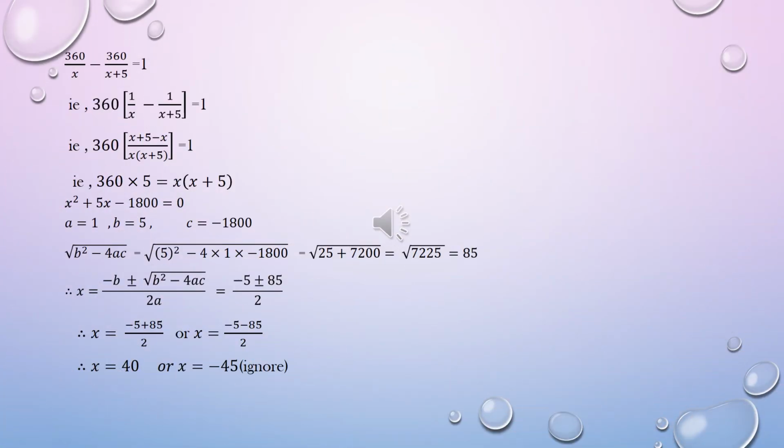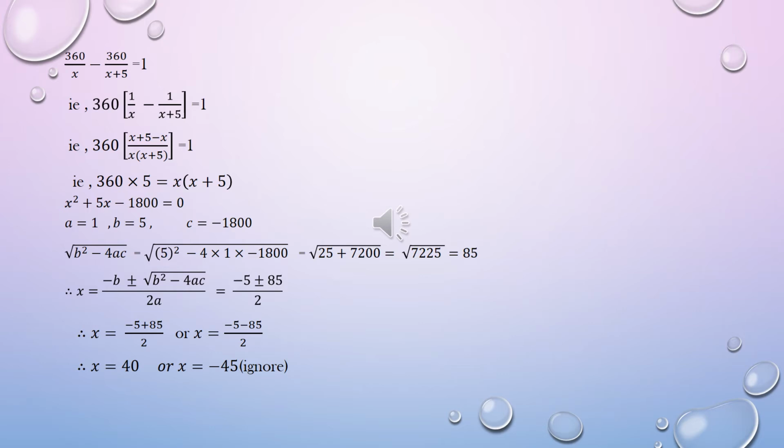Here, to make the equation into the standard form, we are going to take 360 common. So, it is 360 into 1 by x minus 1 by x plus 5 is equal to 1. We can do cross multiplication within the bracket. It will be 360 into x plus 5 minus x divided by x into x plus 5 is equal to 1. x gets cancelled and the numerator will be 360 into 5 divided by x into x plus 5 is